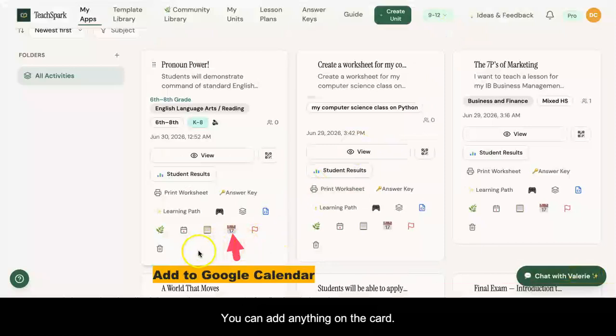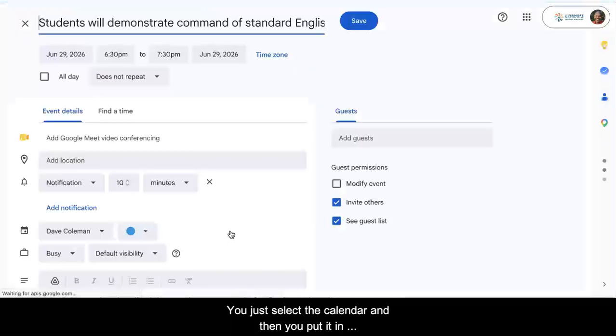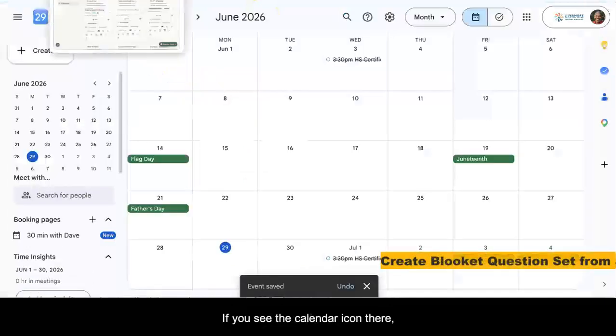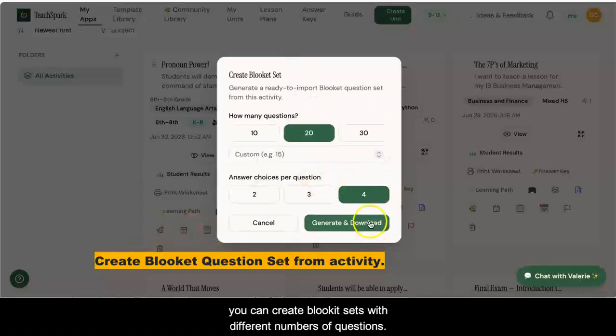You can add anything on the card, from the card, to your Google Calendar. You just select the calendar and then you put it in whatever date you want to actually teach the lesson or run the activity. If you see the calendar icon there, you can create Blooket sets with different